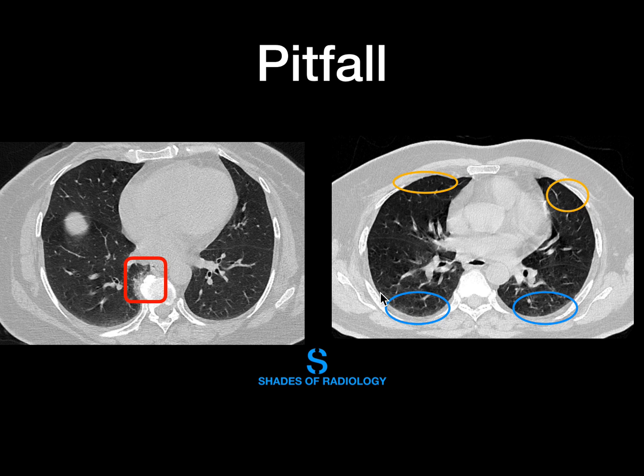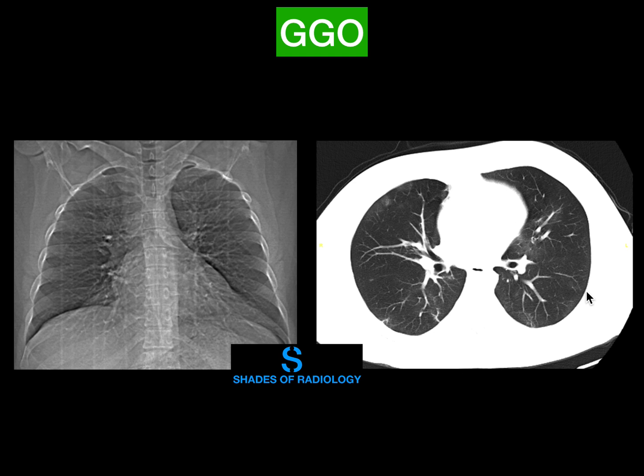And again, as I have taught in the previous video as well, there are the dependent gravitational alveolar opacities. You can see here the lung parenchyma, here the lung parenchyma, both are normal, but along the posterior aspect you can see some haziness. That is because of gravitational fluid within the alveoli, which gives slightly increased attenuation. We need to assess this carefully and should not confuse it with ground glass opacities.